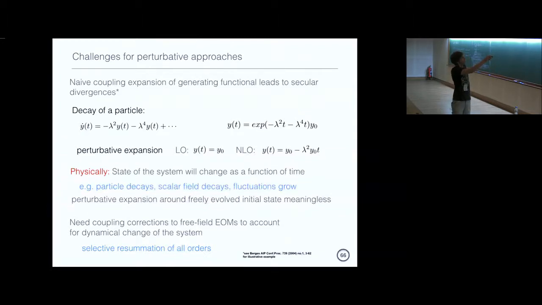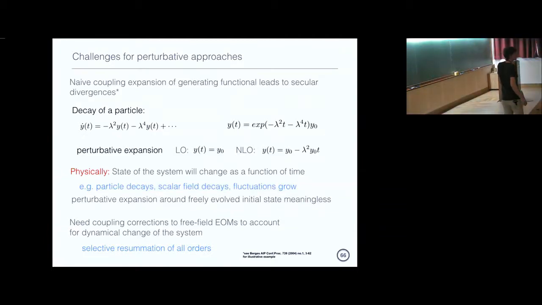If I now interpret this as the equation of motion, I get this solution. And then you can see that, for instance, the lambda to the fourth term will be almost irrelevant compared to the lambda squared term in this case. And so I get a meaningful expansion with decent convergence. As you can see, this expansion corresponds to some kind of selective resummation of an infinite order of coupling terms. If I expand the exponential, I will keep essentially all powers in the coupling.